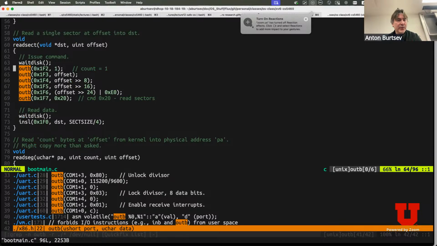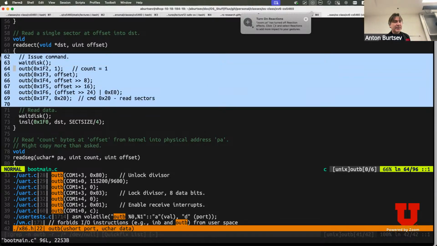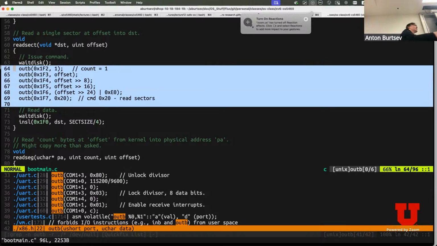So when you say, look, I want to use port number 1F2, we know that this is connected to the disk. That's the only thing we know. After that, it's up to us to implement those instructions to make sure that we issue a specific read command to the disk. And the logic of the disk controller says, okay, as long as you say